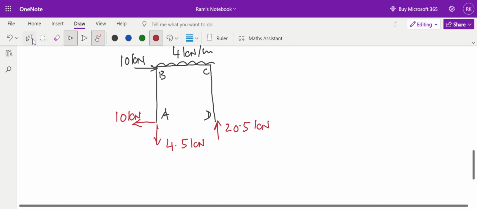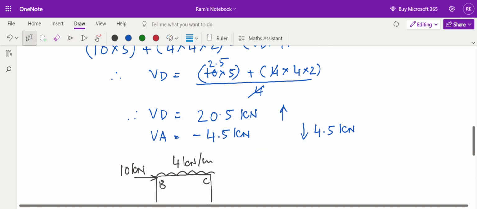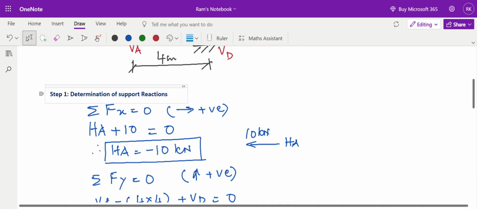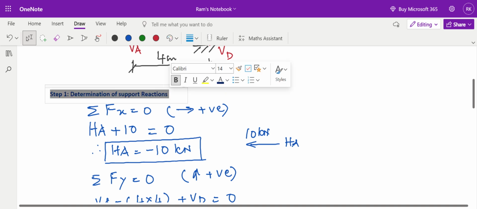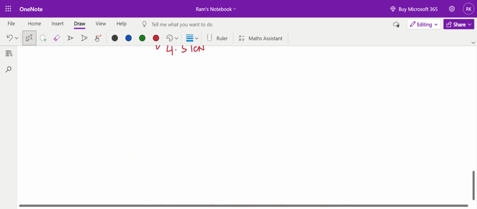Now I will go to my second step. The second step is determination of, I'll just copy it. My second step is drawing of the axial force diagram. Step 2 is axial force diagram. If I draw the correct axial force diagram, I know a lot of my problems are